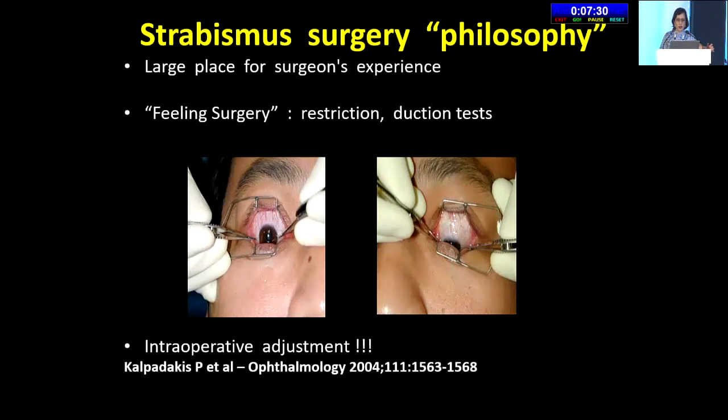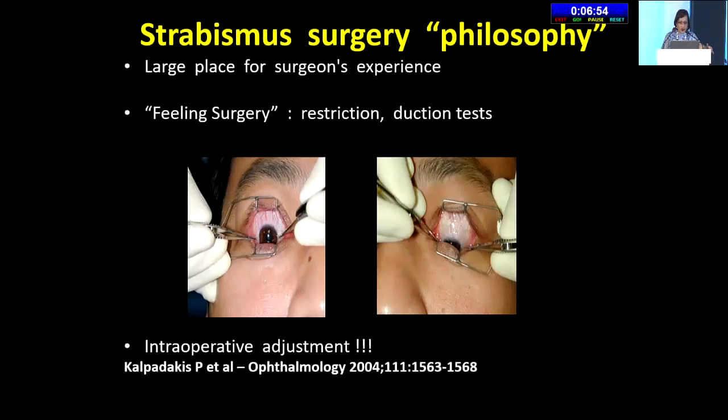The strabismus surgery in thyroid myopathy has a very different kind of thinking and philosophy which we need to use. And you need to be more experienced in dealing with these very tight fibrotic restricted muscles. It's more about the feeling to know which muscle is the culprit when you have a bilaterally asymmetrical condition. So it's quite important to do the forced duction test preoperatively to identify the restricted muscle. And the best way to get a predictable outcome would be to use adjustable sutures. And in our case, we do